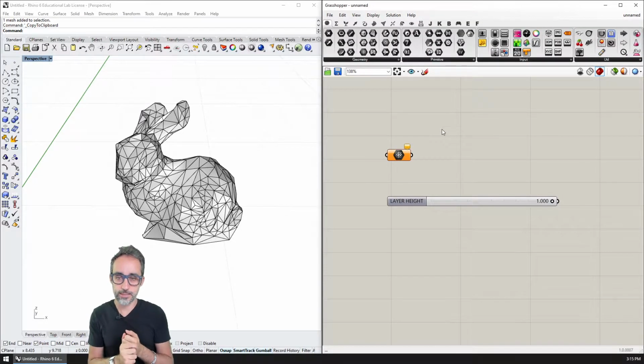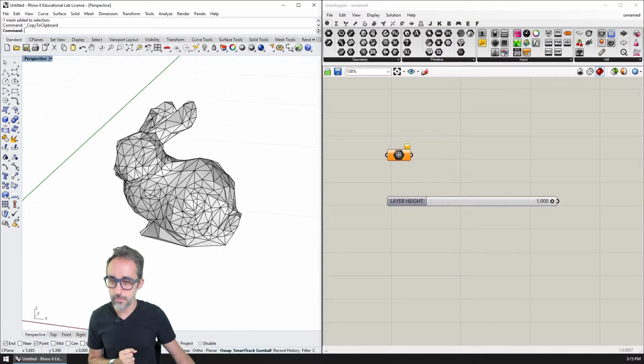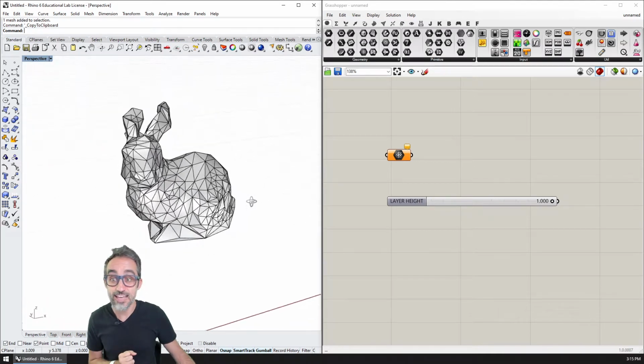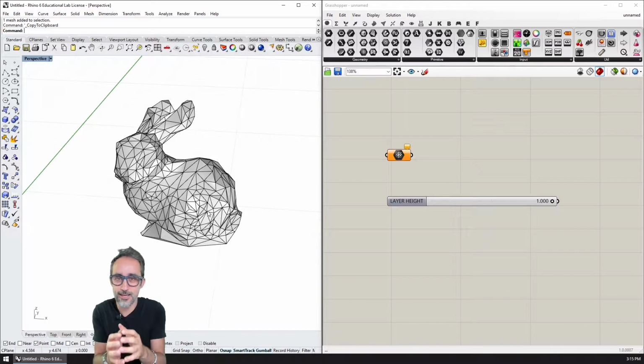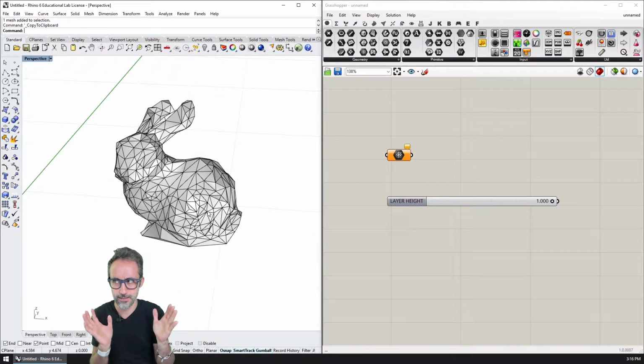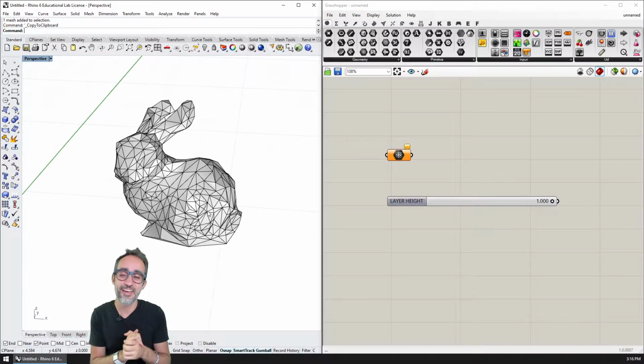Okay, back in Grasshopper, I have loaded this mesh model, which is the Stanford Bunny. For those of you who may not know, the Stanford Bunny is one particular model that has been used in computer graphics and 3D modeling for a long time, since the 70s, I believe. It has a lot of history to it as well. You can Google and nerd out a little bit about the Stanford Bunny. But long story short, it's a model that is very often used for testing things that relate to meshes.